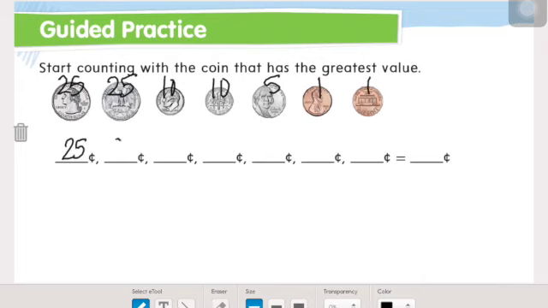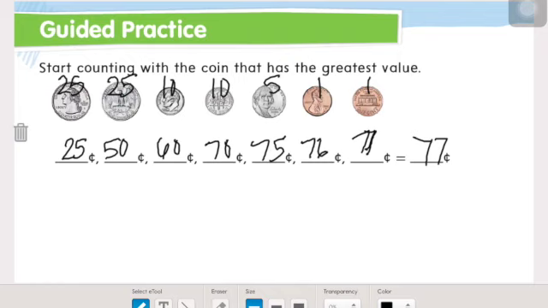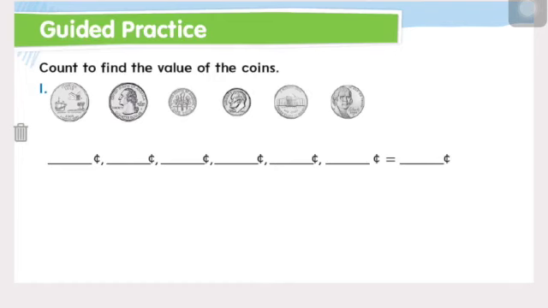So 25, 50, right? 25, 50, 75, $1. So 25, 50 plus 10 is 60, plus 10 is 70, plus 5 is 75, 76, 77 equals 77 cents. Make sure you have that written in too. I went kind of fast, so if you need to pause and write those down, you can. Let's try